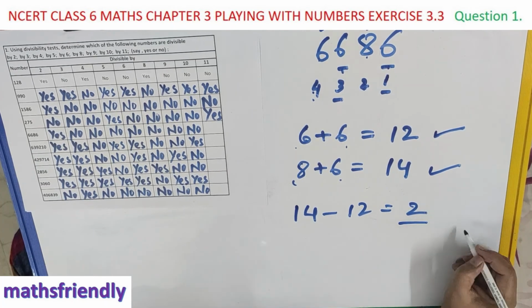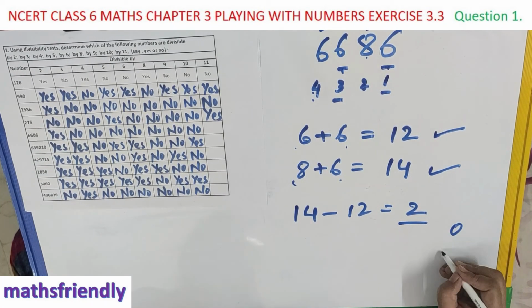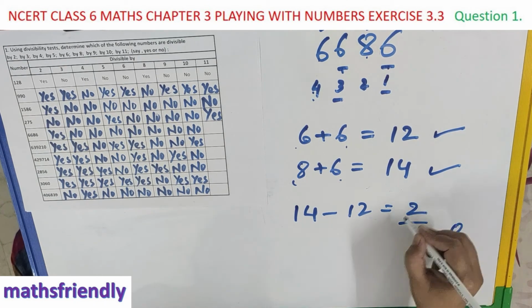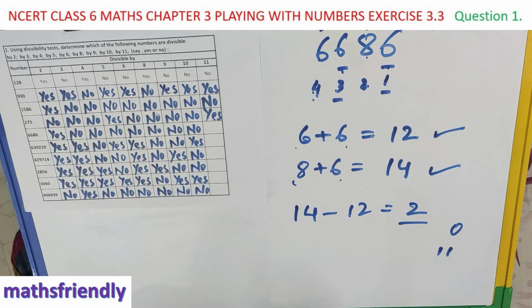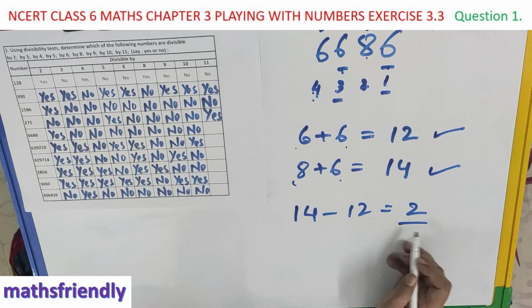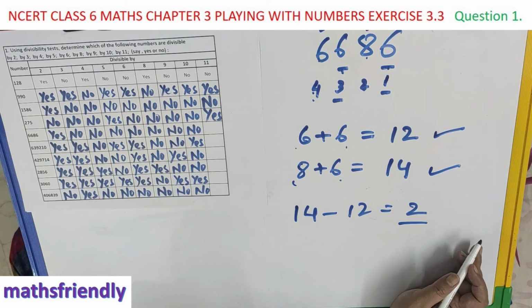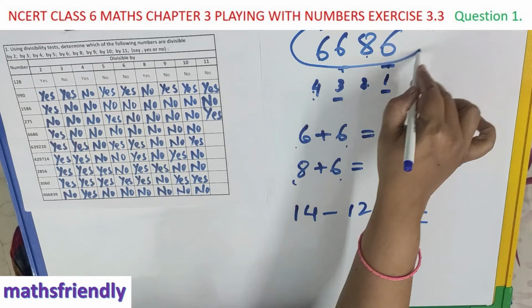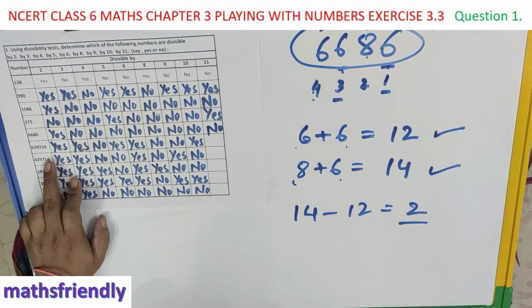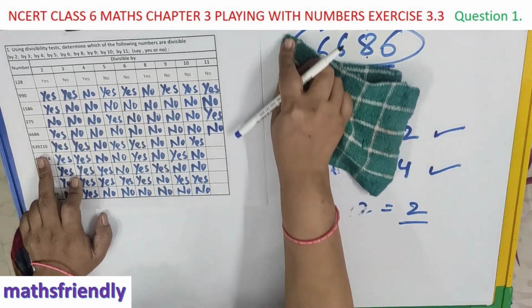It should be either 0 or a multiple of 11, meaning this number should come in the table of 11: 11, 22, 33 like that. So it should be 0 or a multiple of 11, but it is not 0, neither is it a multiple of 11. So this number is not divisible by 11. Now what is the next number? The next number is